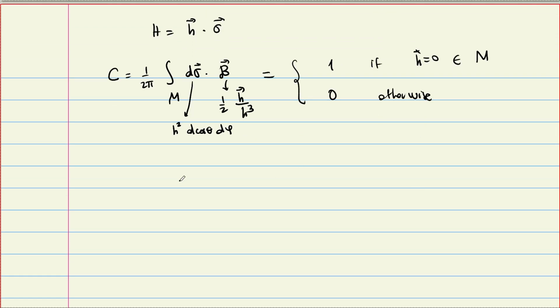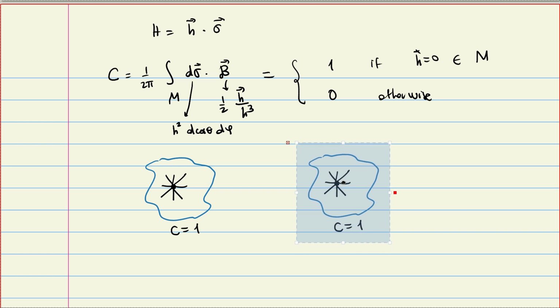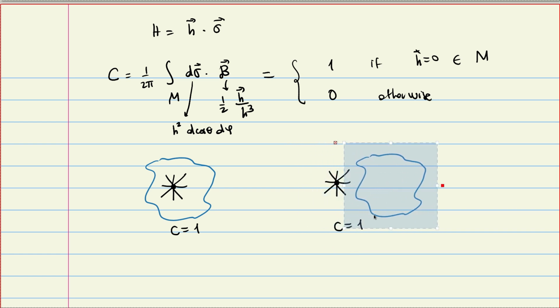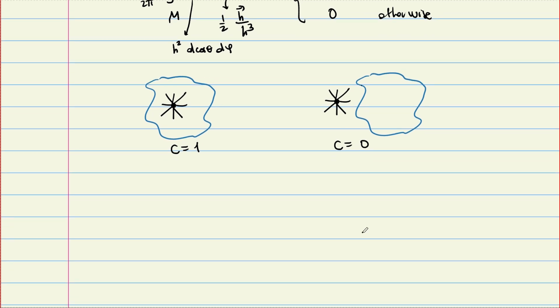And the picture is something like this. You have what we call the monopole, like a Coulomb charge, and you have some surface. If this surface is enclosing the monopole, you have C equal to 1. And if this surface is outside like this, this is exactly Gauss's law. What comes in from here is going to come out, and the total flux, which is this integral, is going to be 0. And this is actually related to something in mathematics, what is called